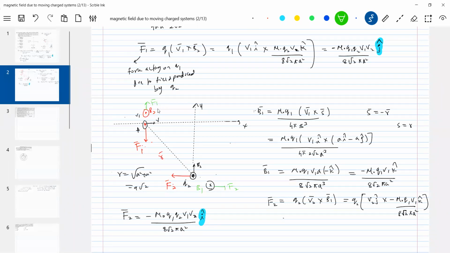Is it okay? I think it is a little easy to imagine now. Okay, let's come to this one. The moving charged particle 1 will produce a field B1. Then this field will exert a force, no? That is F2. In turn, what happens? The charged particle will exert a force F2 on the field B1 produced by that one.